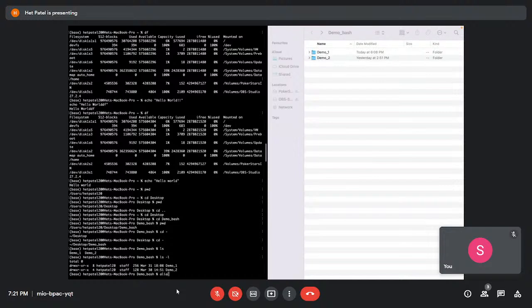For example, for this command, let's say ls dash l. I don't want to type the whole thing. I just want to type ll. So what I'll do is I'll write alias ll equal to inverted commas and the command which I want to replace this text with,